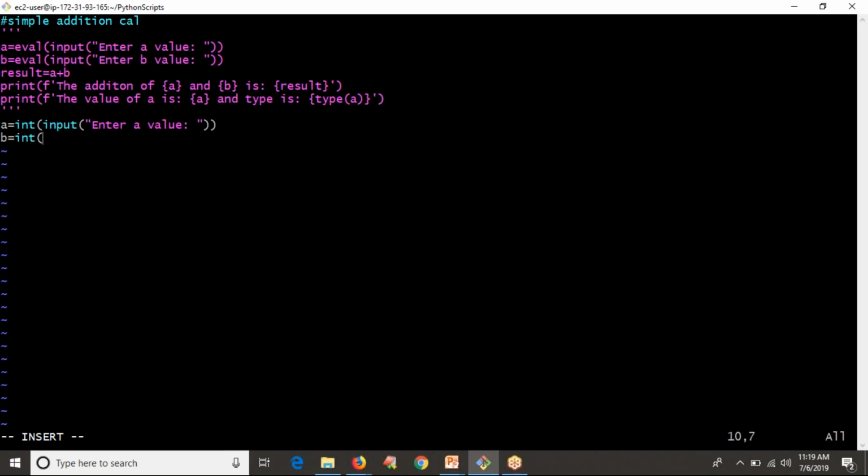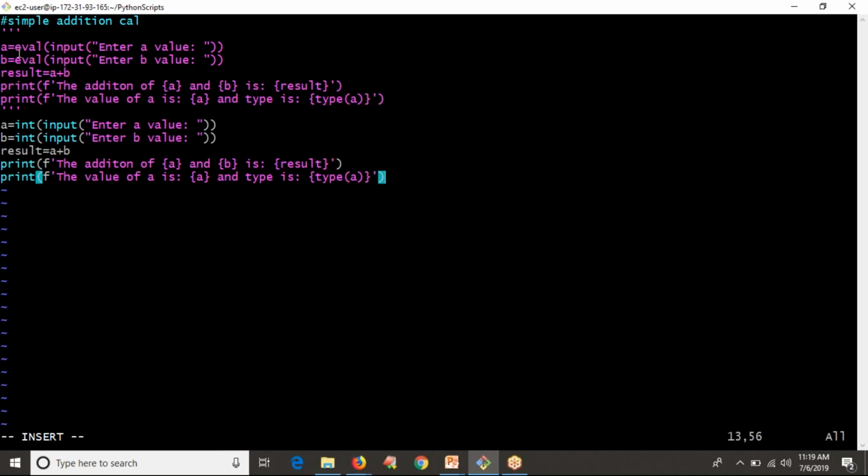So that's why I don't prefer this one, but there is one more option in case you want to work purely with integers, right? Then at that time you can take this one.